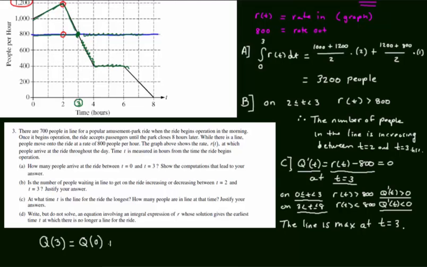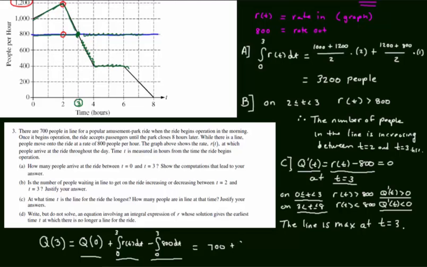Then we're going to add to this the integral from 0 to 3 of R of t dt, and then we are going to subtract from this the integral from 0 to 3 of 800 dt. This is the amount of people coming onto the line. This is the amount of people leaving or that had left the line, and this is the starting number of people. So we have to read the problem to see that there were 700 people initially,